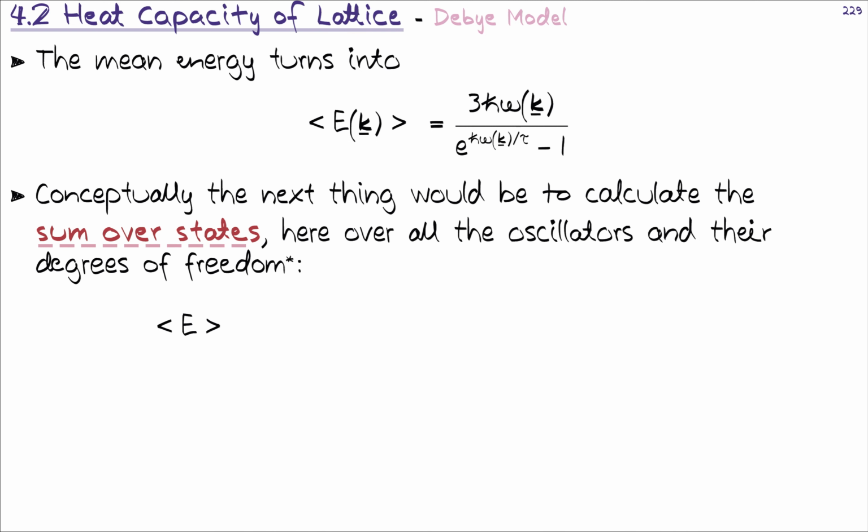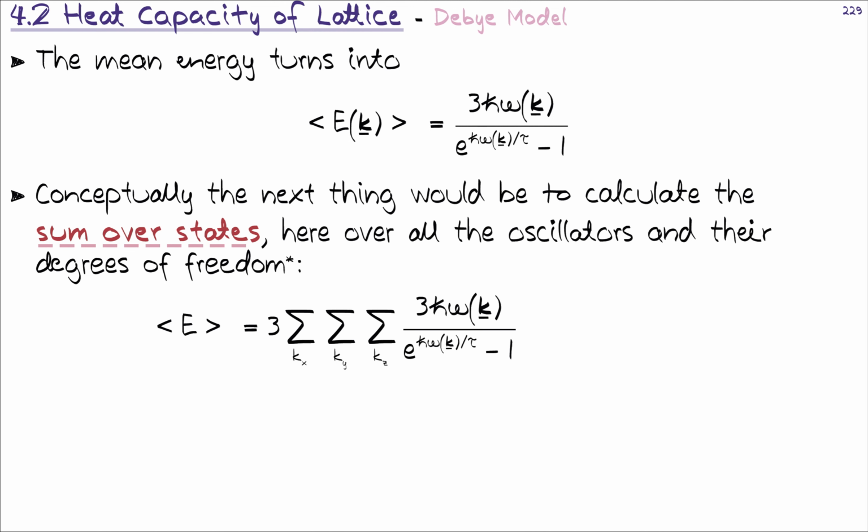This is what we should do, and we would then end up with the full mean energy of our system. So we have the 3 times, and then we sum over all of these different k components, because k is now really a 3-dimensional wave vector. Then what's left is 3 times the reduced Planck constant h bar times angular frequency omega_k, and since we are dealing with a coupled oscillator system, we place the dispersion relation here instead of just the frequency. And then we have the 1 over exponent minus 1 from the Planck distribution.